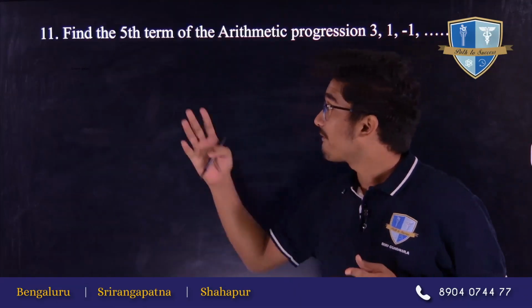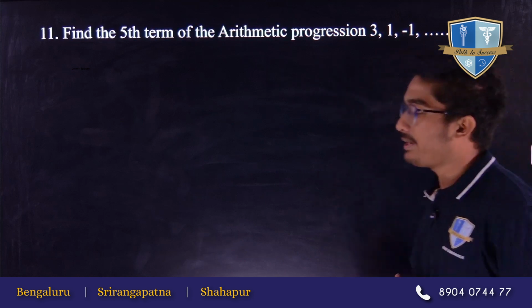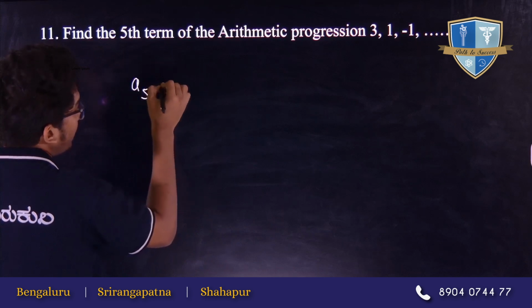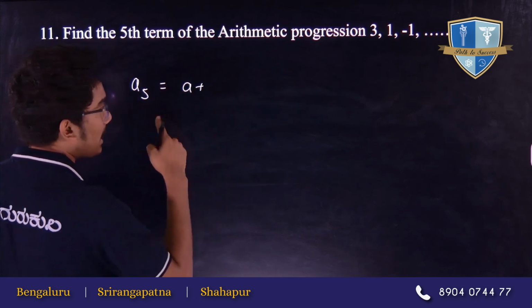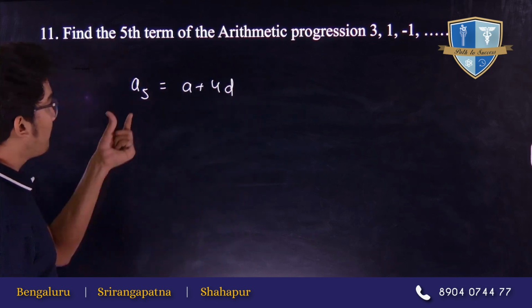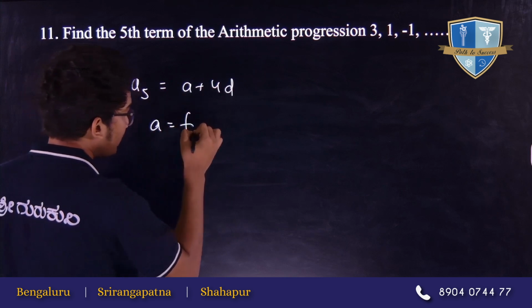11th question is, find the fifth term of the arithmetic progression 3, 1 and -1. So, fifth term A5. A5 is equal to A plus (n minus 1) times D, and n is 5. So, (5 minus 1) is 4, into D. Now, to find the fifth term, we need A and D. A is equal to the first term,